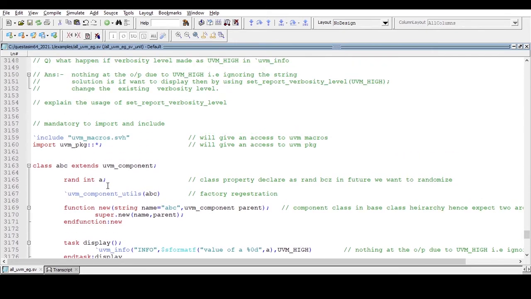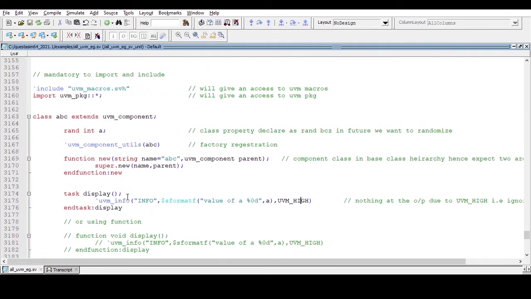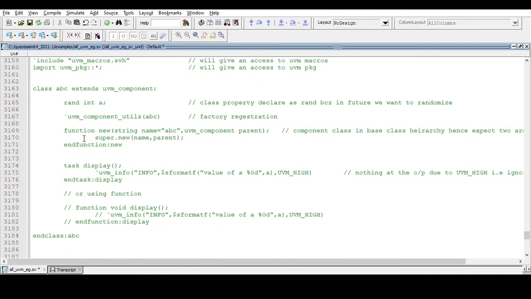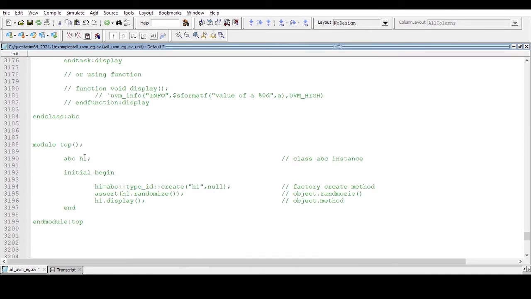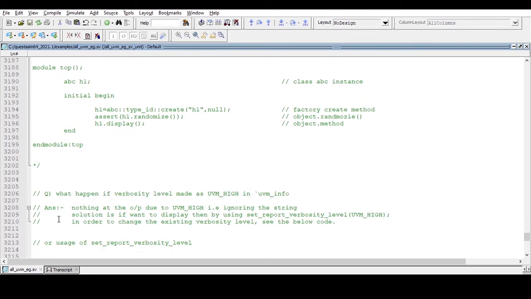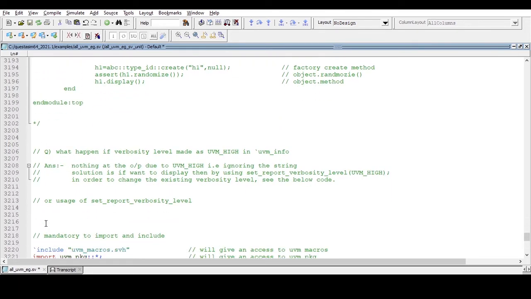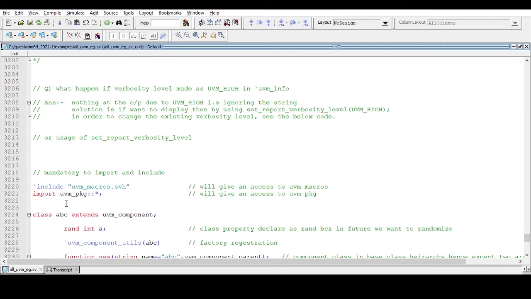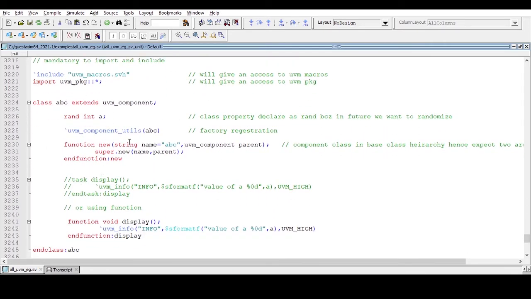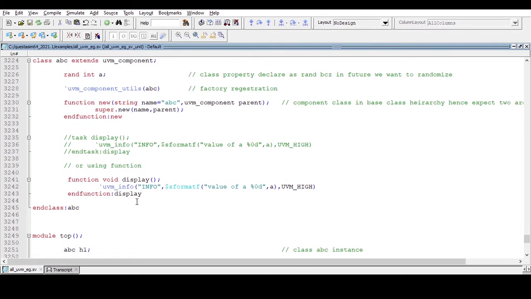Now see, in order to print that message, we need to change this existing verbosity with the help of the set method. Let me comment this out and we will see that. And let me uncomment this. I have written the code in order to save our time. Now see, same example till now.